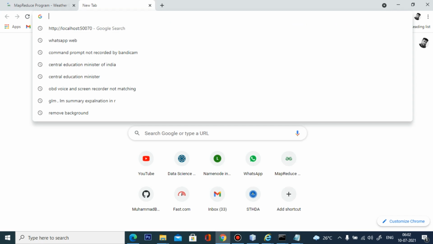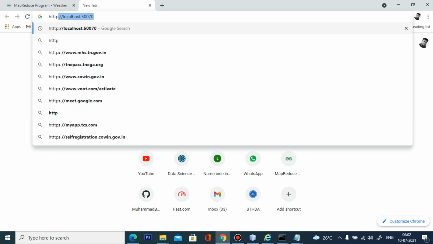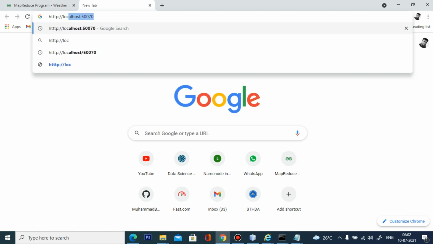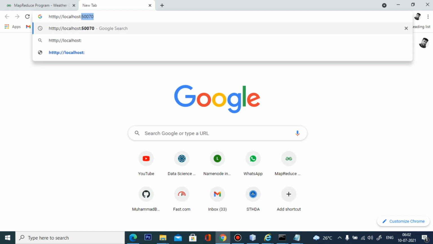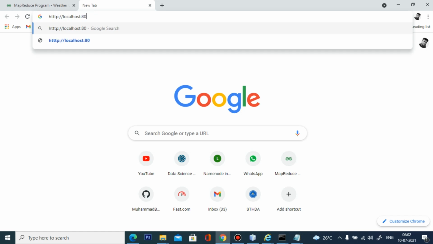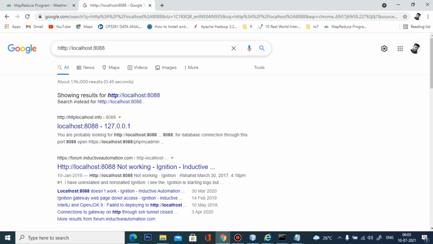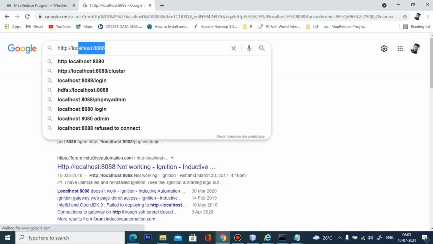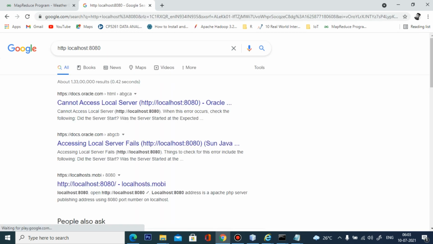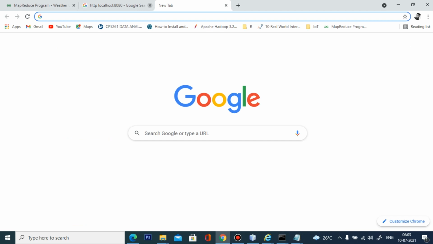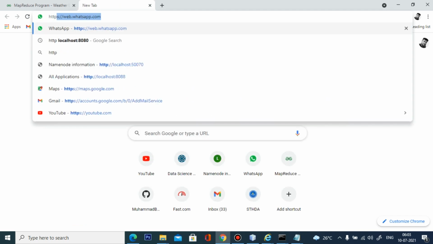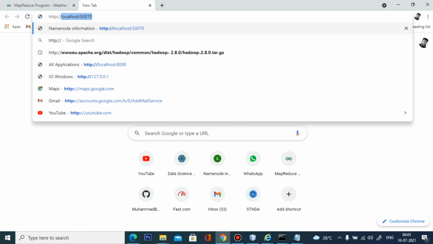We can simply go to any web browser and type http localhost 8088. Then http localhost 50070.